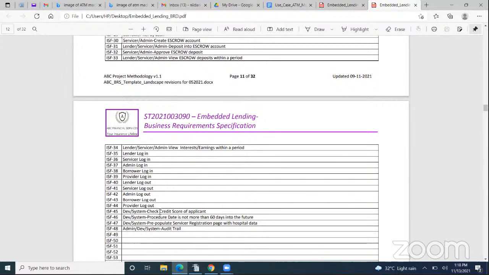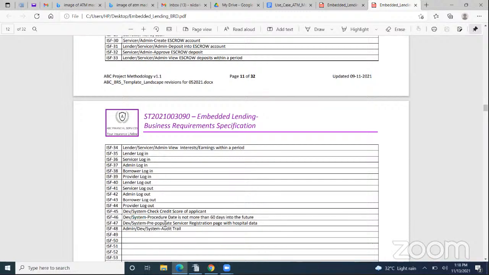The next item will be checking of credit score of the applicants. This will be hard-coded into the system to be a functionality that will be put into the system by the developers. Then a procedure date should not be more than 60 days into the future when scheduling a procedure. So this will also be set up into the system.